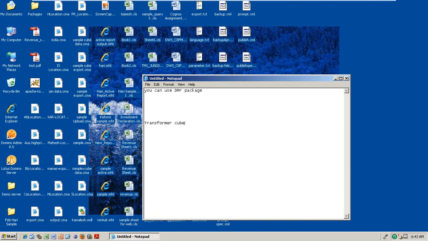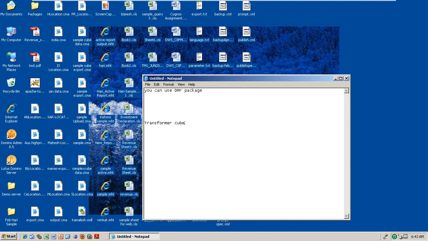If you are having the Framework Manager dimensional modeling and it is always live, what is the purpose of going to the transformer? If you are using the DMR package from Framework Manager, it will always give you the live data because it's metadata simply, and the query will go and hit the database always. So you will always get live data only.